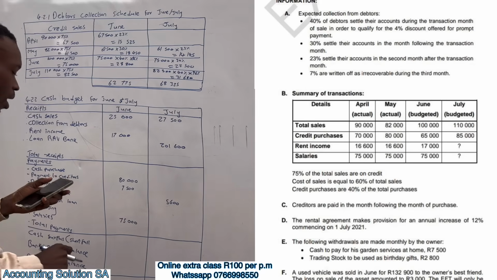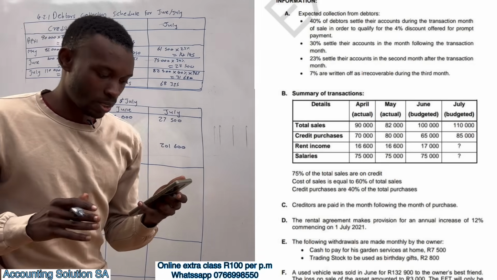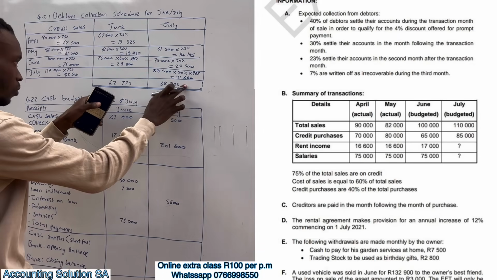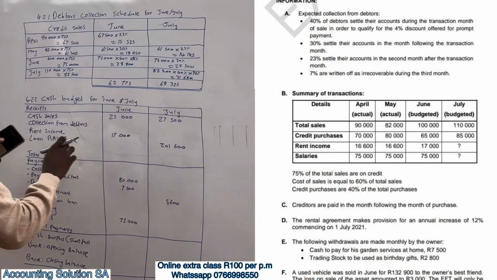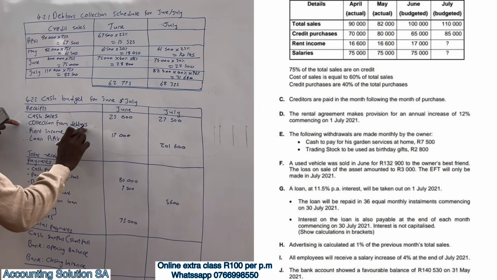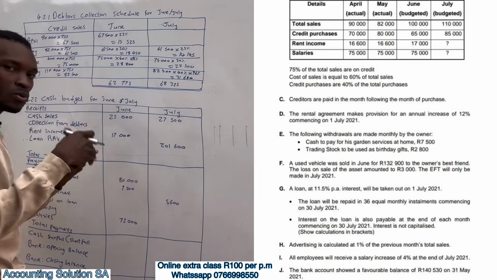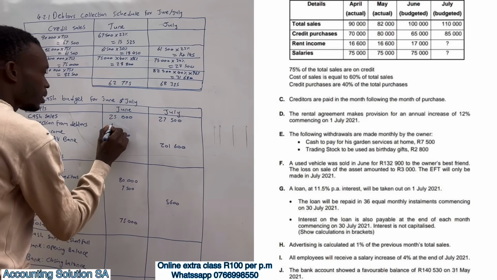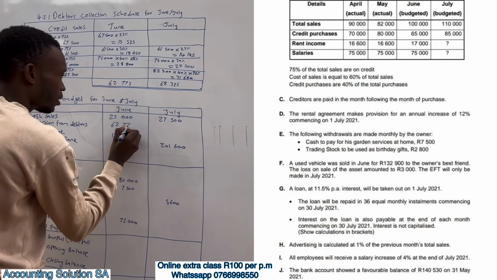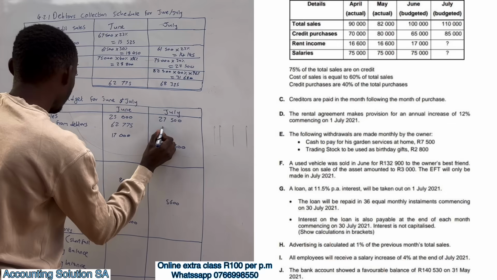Okay. Now, let's proceed. Remember these two, we are going to put them under cash budget. From collection, from debtors. We're just going to copy it because we already work those answers. 62,775 and